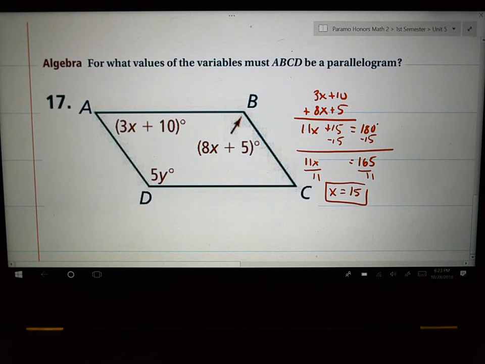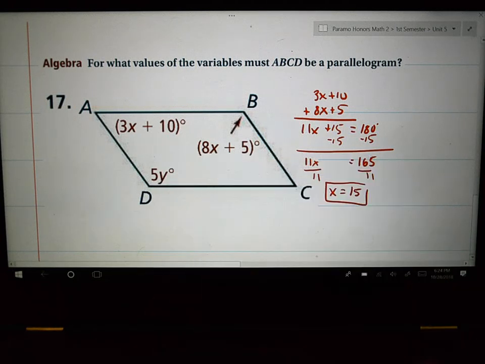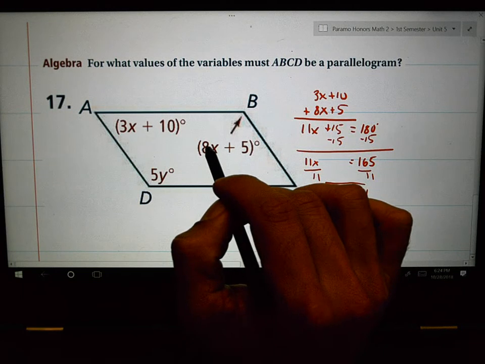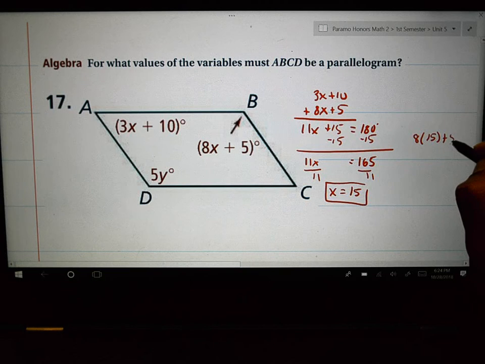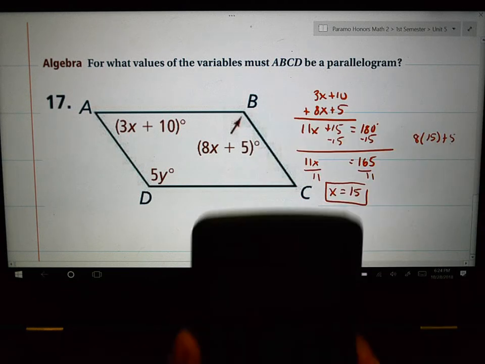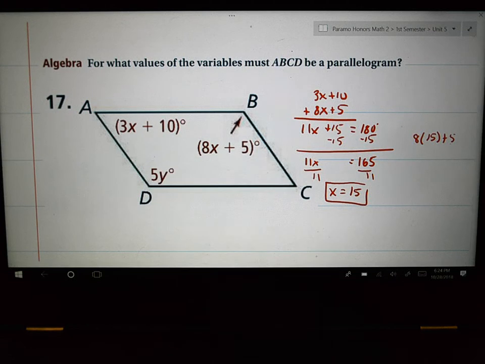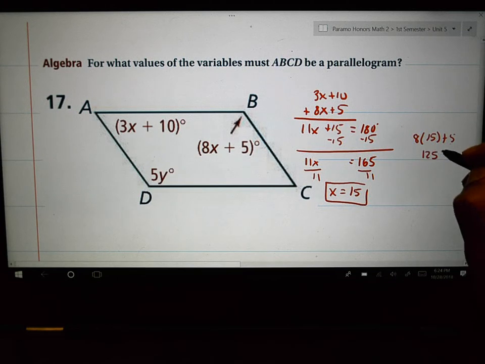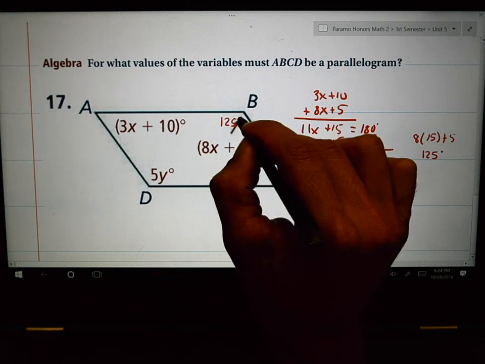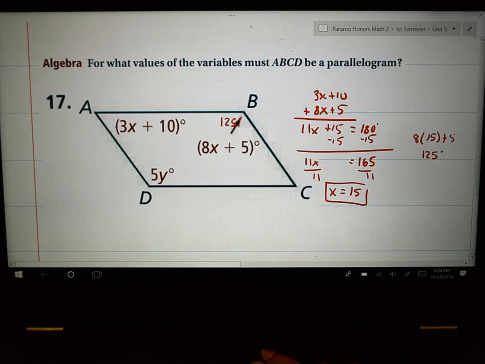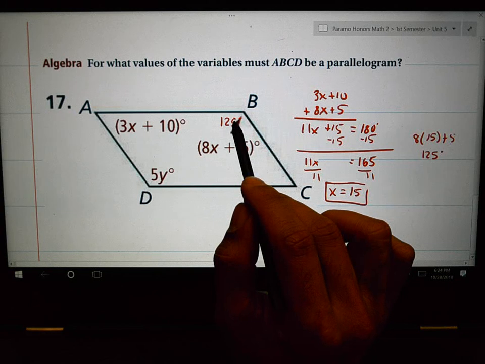So what I'm going to do next is, since I want to know what this angle is, I can plug this into either angle. I'm going to plug this in right here. 8 times 15 plus 5. I want to know how big angle B is. 8 times 15 plus 5. I'm using my calculator. Means that angle B has to be 125 degrees. I could have easily plugged that in over here, but now that I have angle B, now I